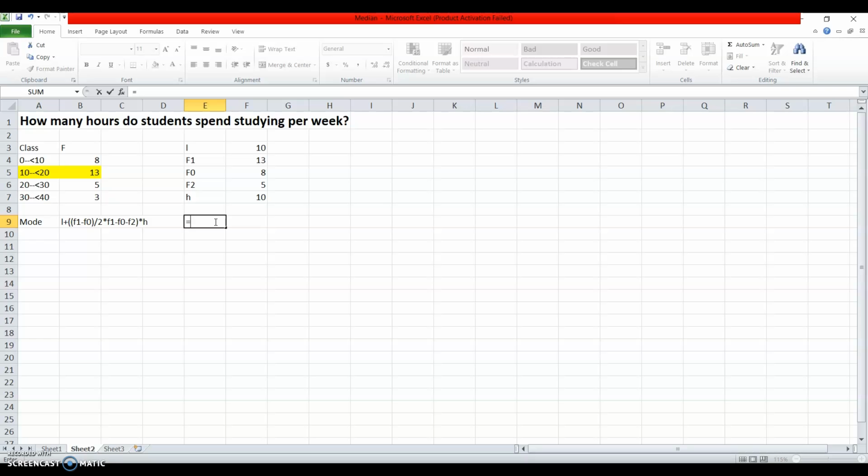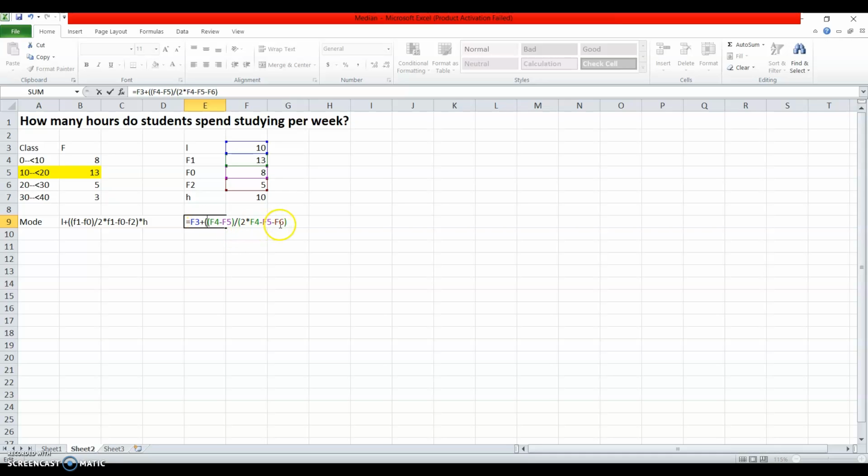So first we have L. So that's we click 10 plus the open brackets f1 minus f0 divided by, so this is the numerator of our fraction, divided by, open another bracket, 2 times f1 minus f0 minus f2. And we close our bracket, and then